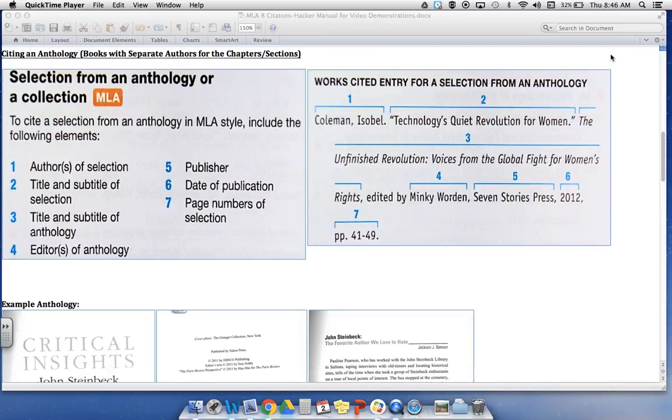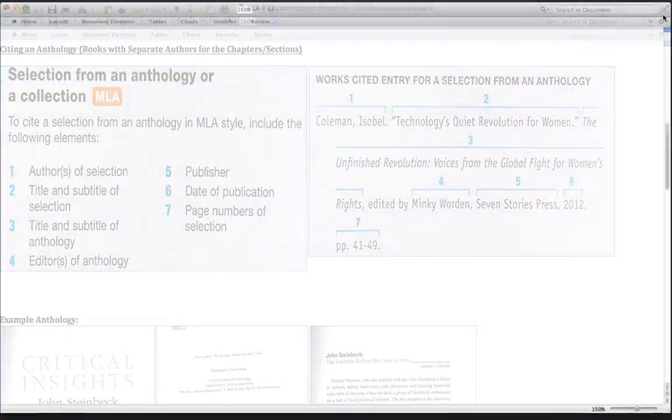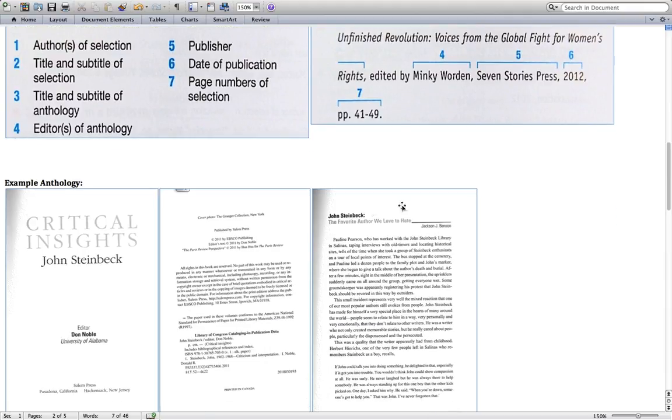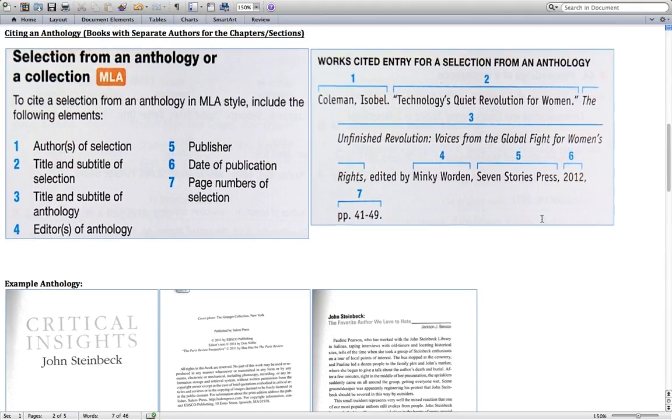Today we're going to look at how to create a citation in MLA 8 for an anthology. An anthology is any book that contains the work of more than one author. So if you've got chapter authors, meaning a separate author for each individual chapter, or anything like a collection of short stories, your literature textbook, these are all anthologies because it's a collection of writings by multiple authors.